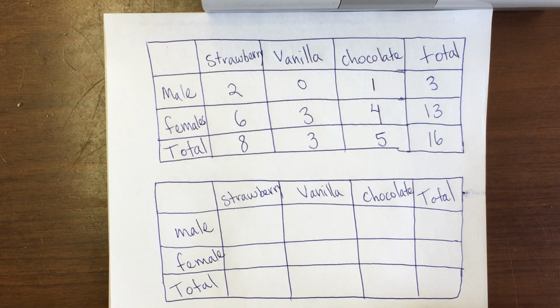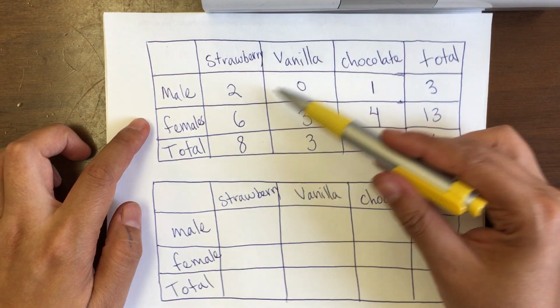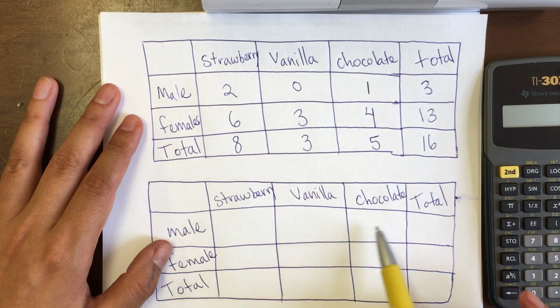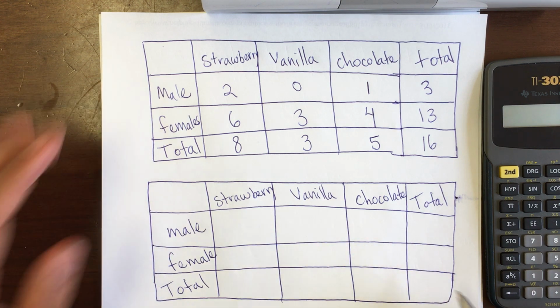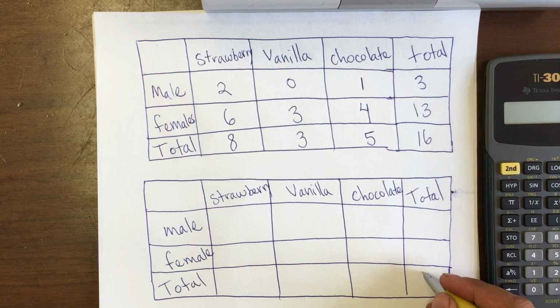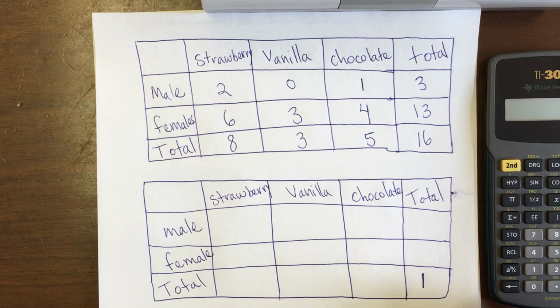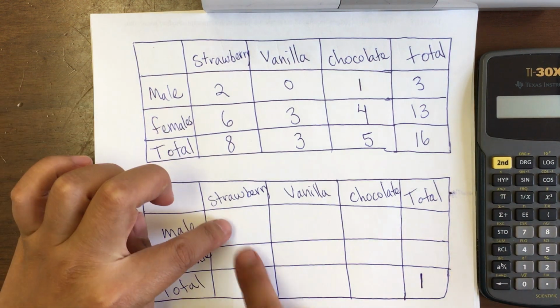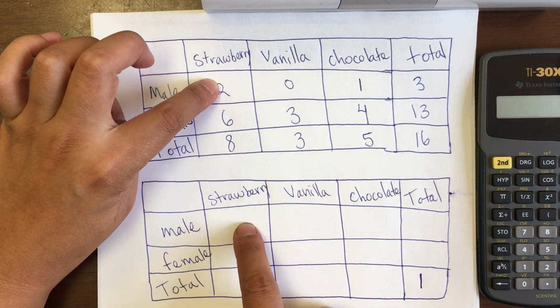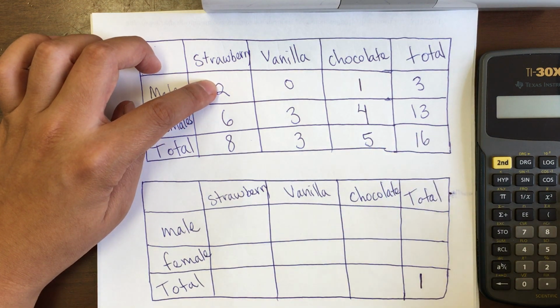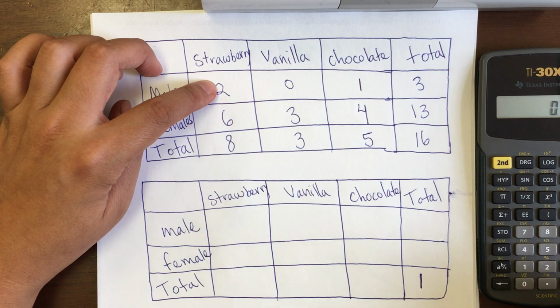And so what we're going to be doing is using this same data, and we're going to use our calculator to figure out what goes in each one of these numbers. We always have to have a 1 in here, because 1 is like the total, the 100% of my group. Okay, and so to fill this part in, we're going to put this same number divided by the grand total. Okay, so 2 divided by 16,